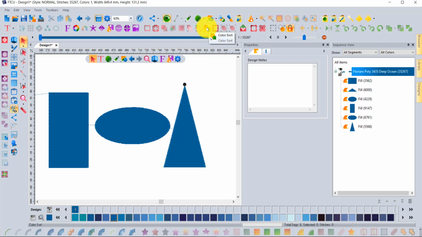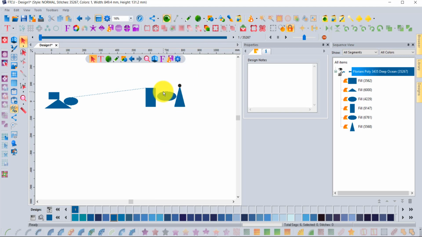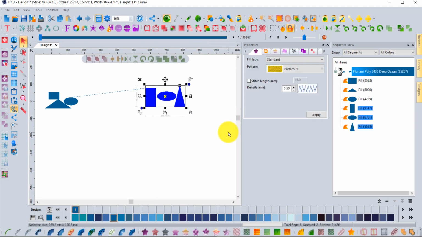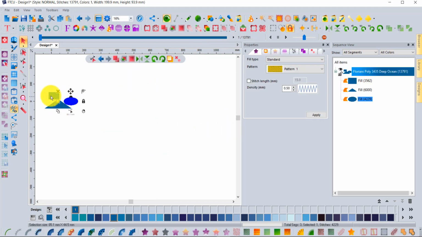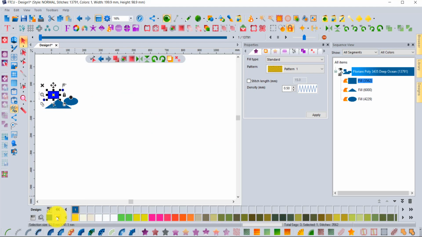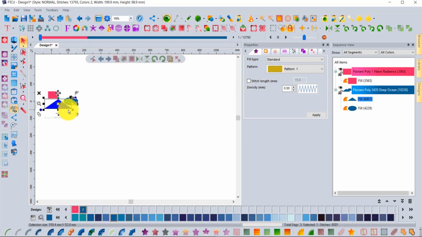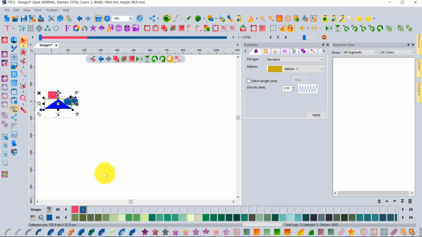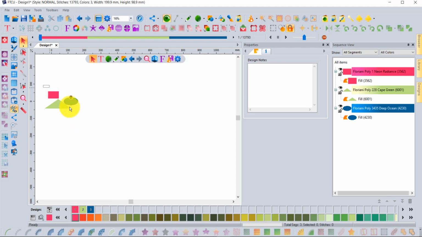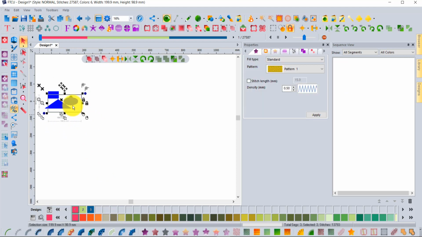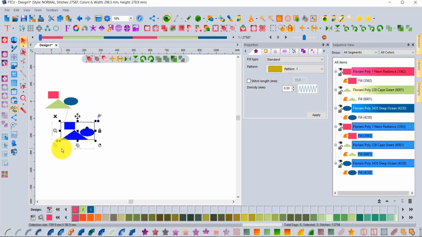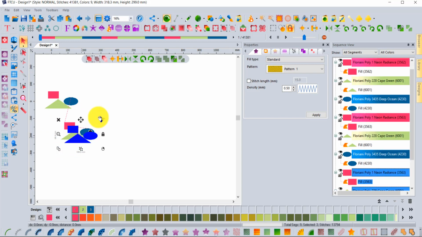And so those are two of, I guess, the three different optimization tools we have. The other one's called color sort. And with color sort, basically, let's have one set of these, and let's do different colors. So why don't we make one of them red, and we'll make another one some other color, green or something like that. And now we have three colors. And if we select this and copy it, and then copy it again,